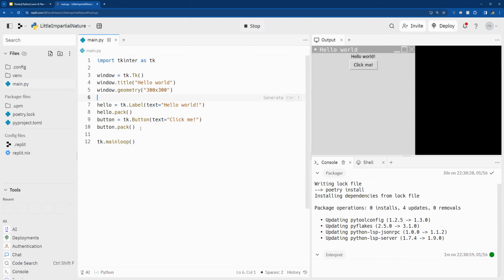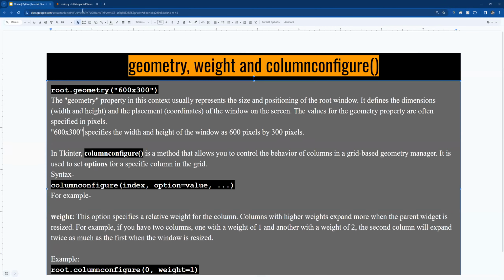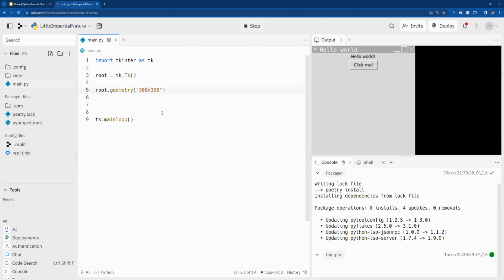Let's forget about everything else. I'm going to just delete all the stuff from here. Instead of window, I'm going to use root. That's what I have been using. So change it to root. Instead of using 300 by 300, I'm going to use 600 by 300. Then let's see the difference. Again, 600 is your width. So if I click on run,